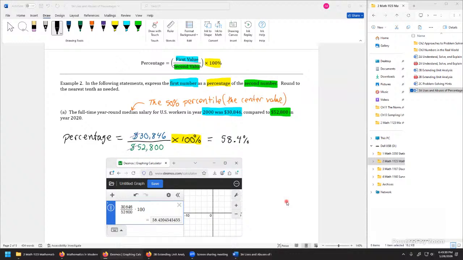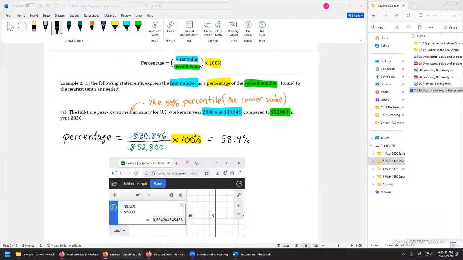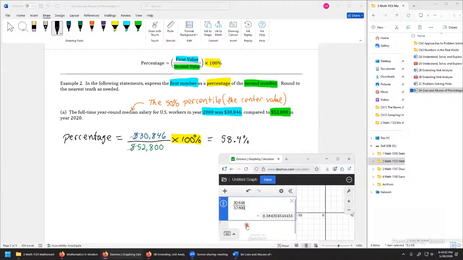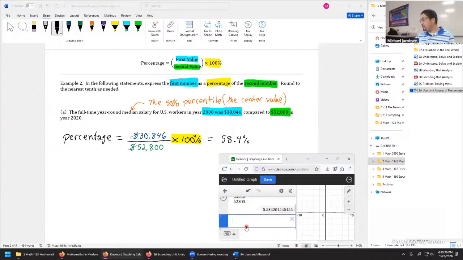When I did the 30,846 divided by the 52,800, and I got the answer, and then I took the answer and said times 100%, it came out still as the same answer. Why was that? Just because I added the percent sign in? I think I see what you're saying. So you took this value here and then you went,